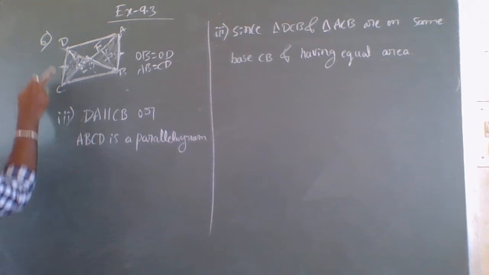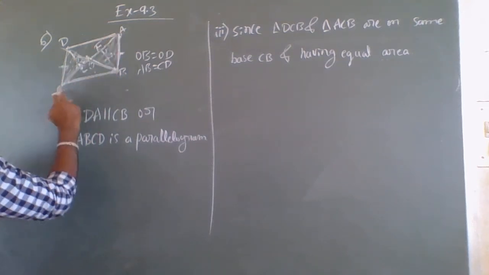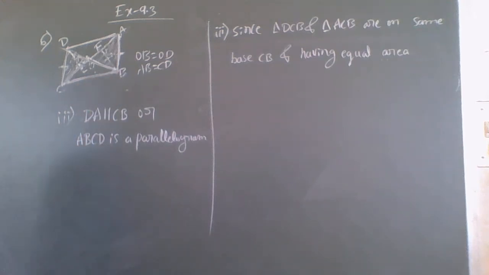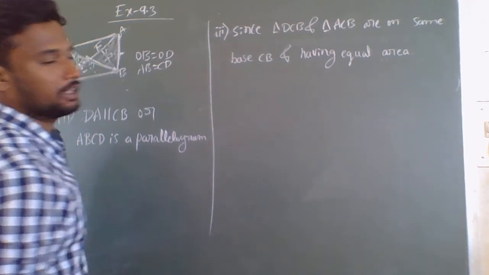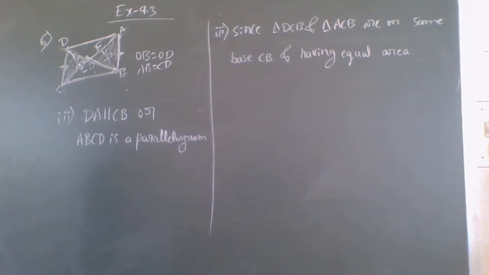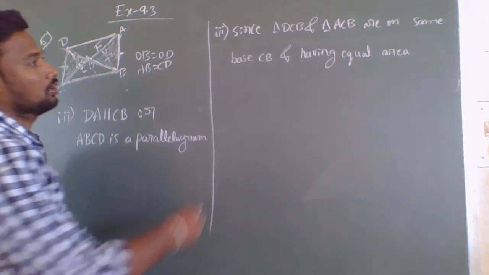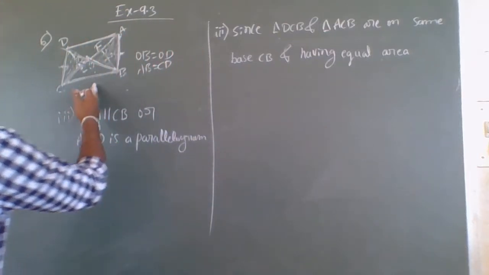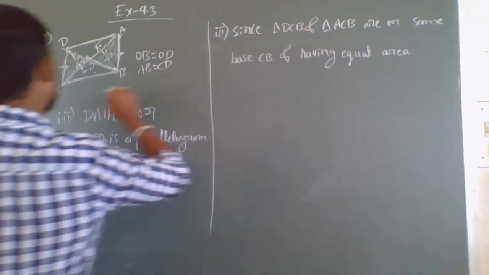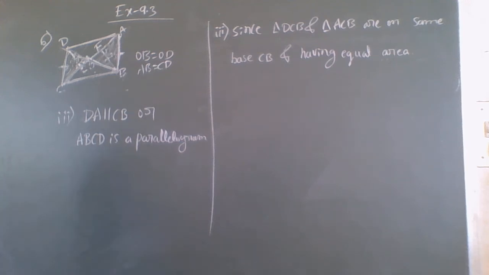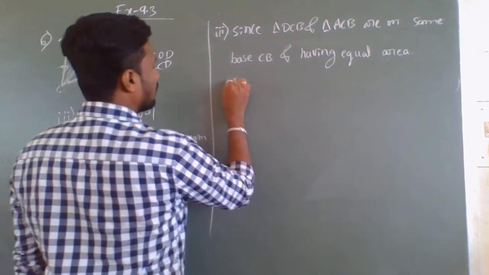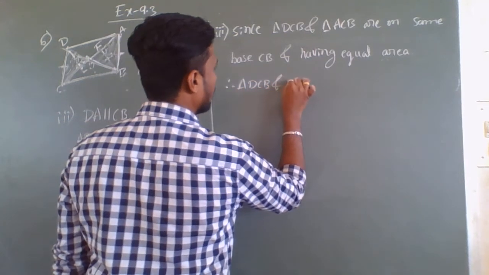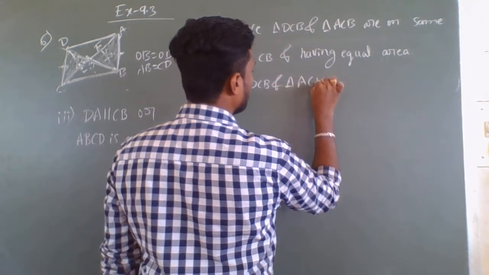You can see here DCB and ACB. These two triangles are on the same base CB and have equal area. We proved this in the second one only. Therefore, you can say that triangle DCB and triangle ACB